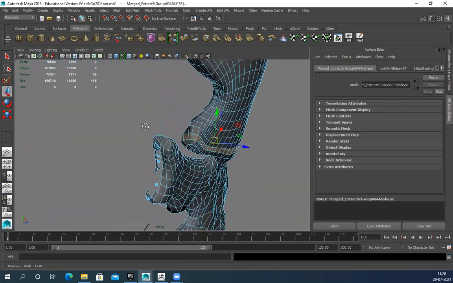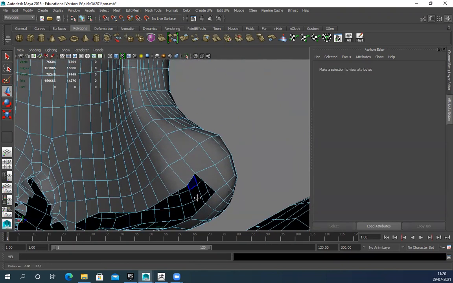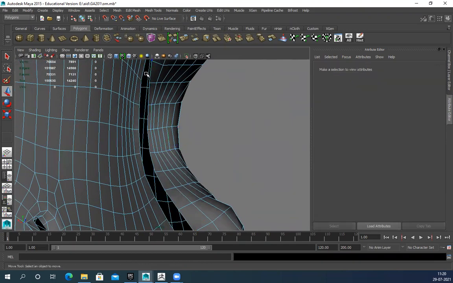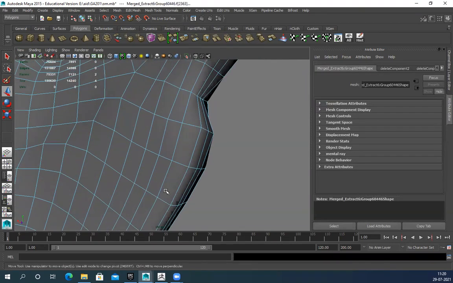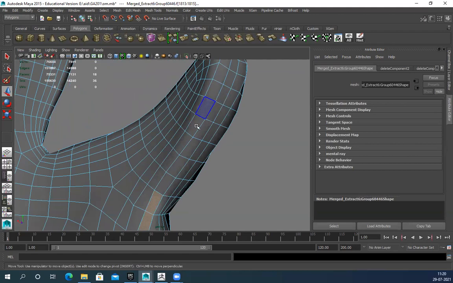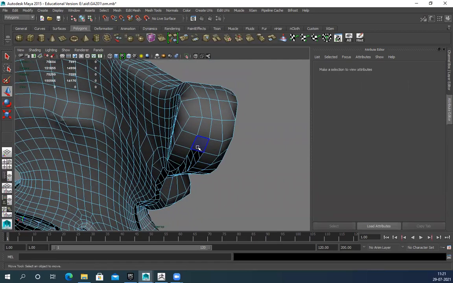So here I can see the direction goes off. So delete. Delete. You can see all these lines are not straight or a perfect loop.